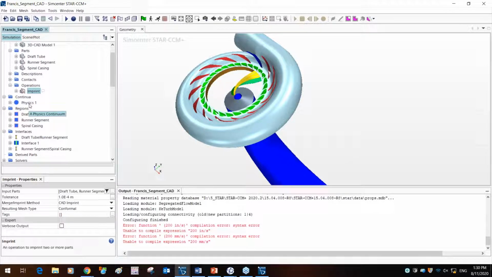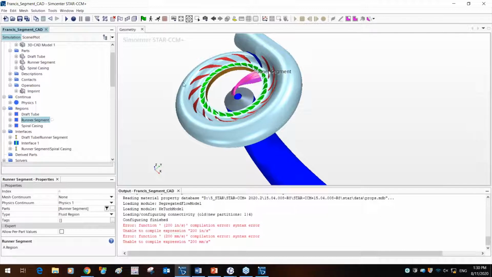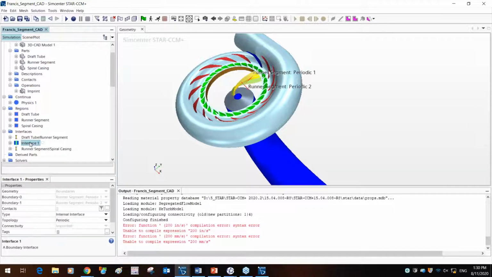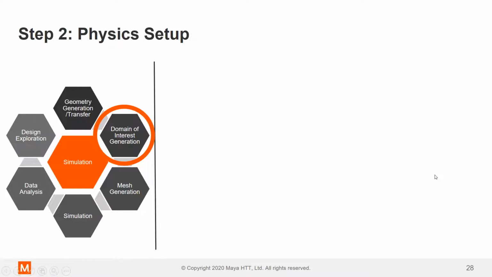We created a physics continuum to set up what type of physics we want to solve. And we set up the exact values for the boundary conditions as well. For example, the inlet to be 200 kilograms per second, the rotation for the runner segment, and setting up the periodic interface for the runners. So that essentially covers the first section of the session, where we talked about two things in particular that were important.